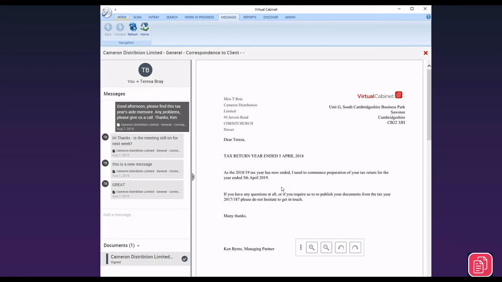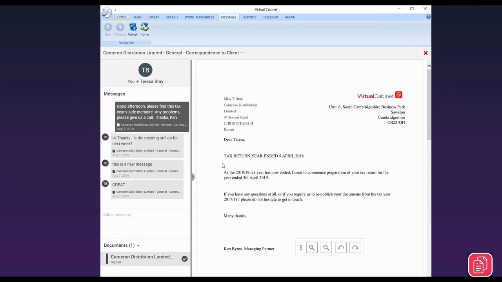So this is just an example of the messaging within the portal. So I publish a document, put a note on it, the clients come back and actually not specifically ask me about the document, but ask me about a meeting, etc., and I can securely message back and forward in the portal. All these messages form part of the audit trail of the document. So when you retract that document, in the audit trail is all the messaging. So again, it's not only just that you're messaging nicely to the client, you're now recording those messages inside Virtual